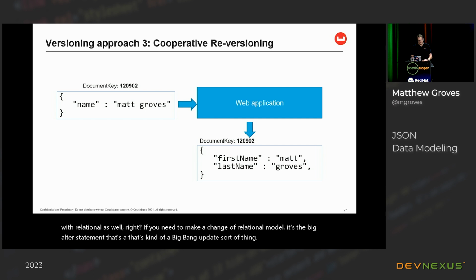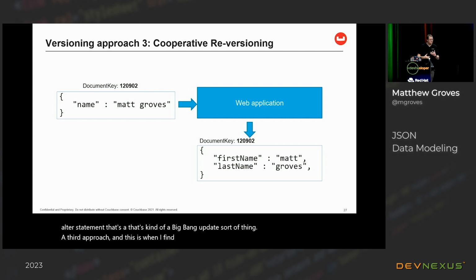A third approach, and this is one I find particularly cool, but it does take a little bit of effort, I'm going to call cooperative reversioning. Let's say a web application accesses a piece of data in the course of normal operations. While we're at it, we've got the data, we've got the key and everything. Let's go ahead and change the format of that data. So as people keep logging in and using the system, it gradually migrates that data from the old format to